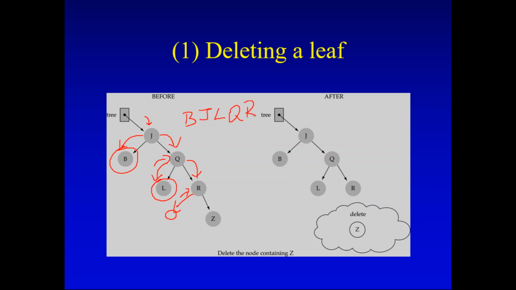But after visiting that node, you have to go to its right. That is Z. But does it have left? No. So just display Z. Z, does it have right? No. So here also, if you see, it is in what order? It is in ascending order. B, J. After J it is L, right? Q, R, Z. So any tree you take, when you traverse any binary search tree